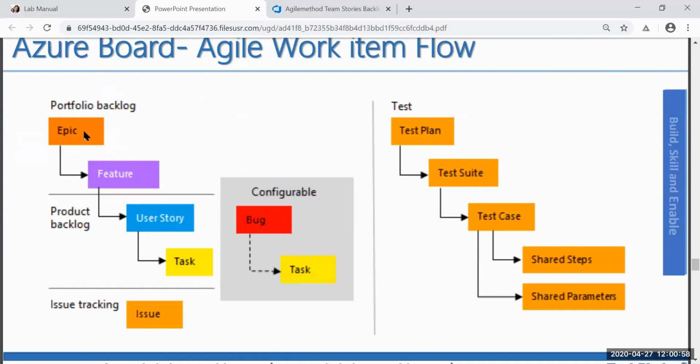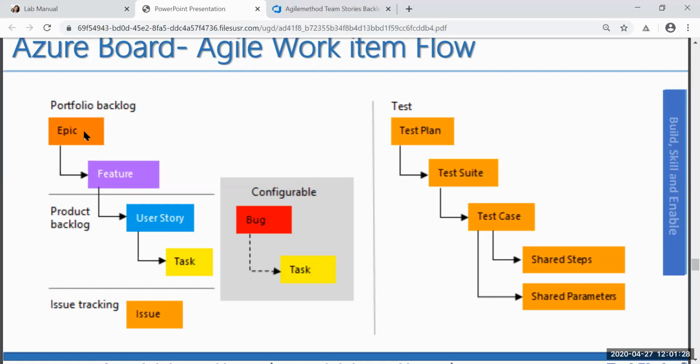So here you can understand it better. An epic would have features. A feature can have user story and the task. And then there would be issues separately. If it is a bug, then under the bug there would be different tasks to fix it, and we can assign these to different people in my team.